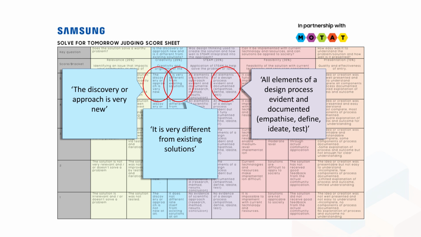In the STEAM criteria, we're looking to see that the elements of the design process or a process have been documented. So you may be, for example, following a kind of scientific testing process. We want to see that that is documented in your presentation to us. You may be following a design process, and we want to see the evidence of those steps coming through. Again, just reiterating, it's really important that you provide evidence for us. If you are ever in any doubt about whether something should be included in your presentation, my default would be to put it in there, because it may provide